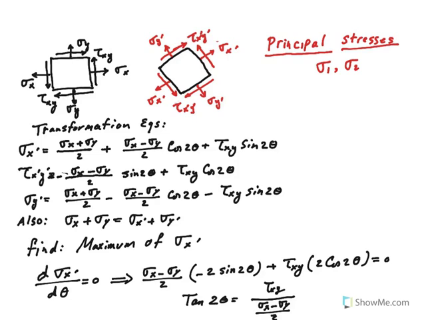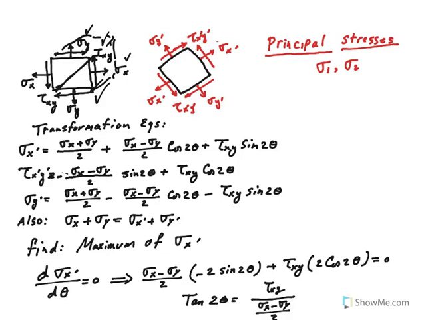Just to summarize our transformation equations, suppose we have a state of stress at a point on a structure in plane stress format, so a two-dimensional stress element that's shown here. We have sigma x, sigma y, and tau xy. Remember, this was a three-dimensional stress element, which we changed to a two-dimensional one. Then we said that if we look at some other plane,